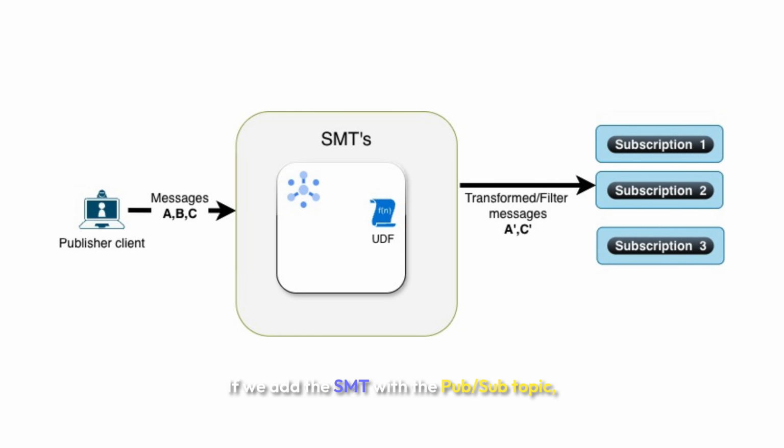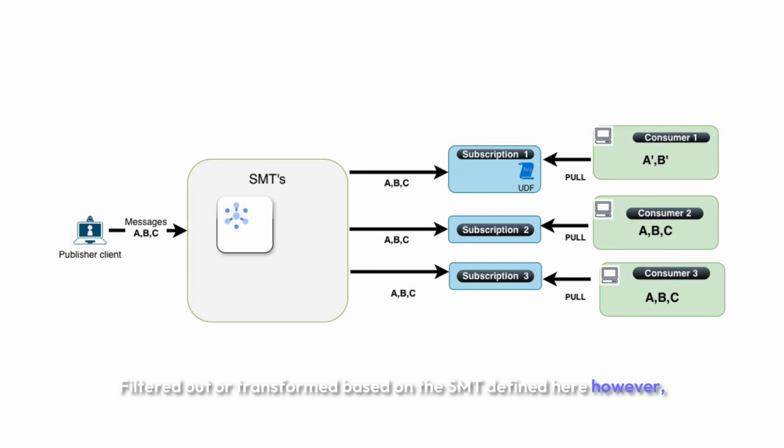If we add the SMT with the Pub/Sub topic, all the messages coming from the publisher will be filtered out or transformed based on the SMT defined here. However, if we add it at the subscription level, then the message will be received by the topic, go to the subscription queue, and then based on the logic defined within the specific subscription,